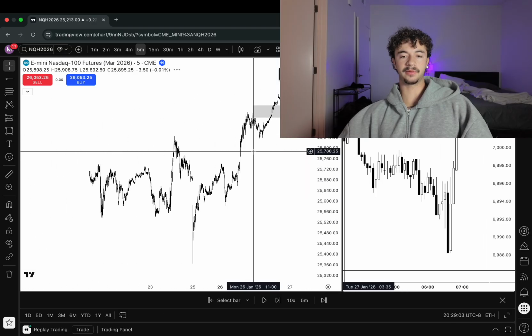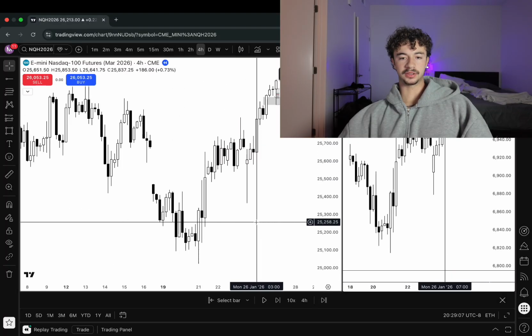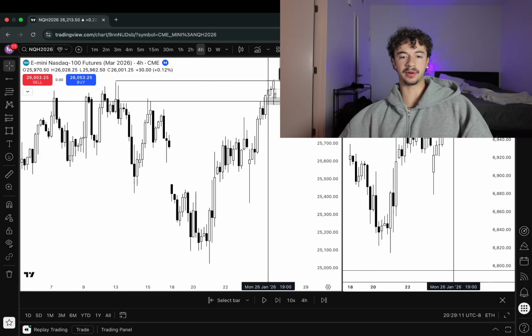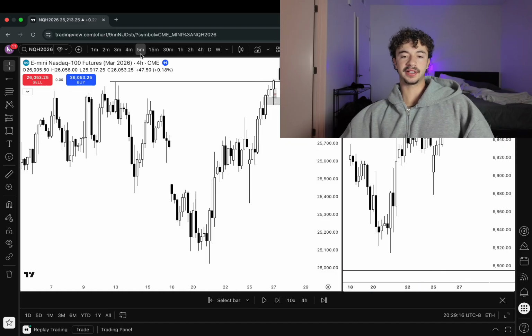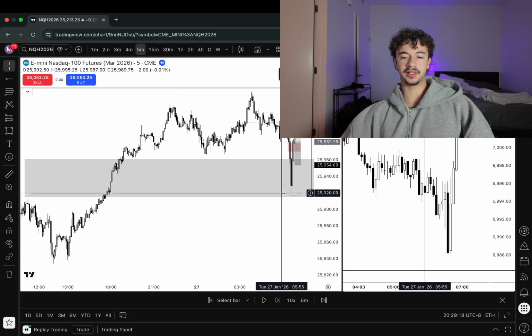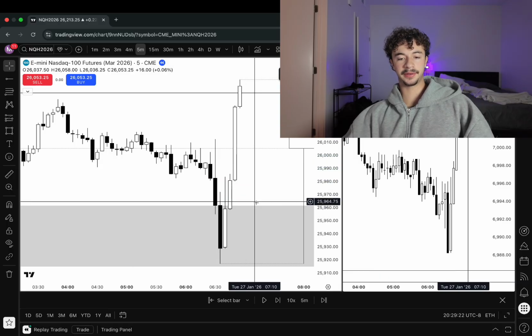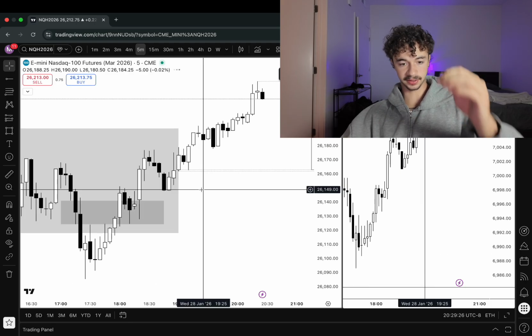Okay, with once again our draw on liquidity being that major high that we edged pre-market, creating equal highs, tapping into a 4 hour, having a clean accumulation, manipulation, distribution, AMD pattern. Now that's what you want to see going into your trades, versus something like today